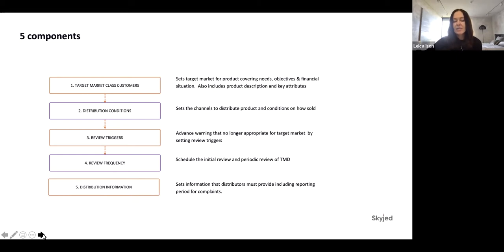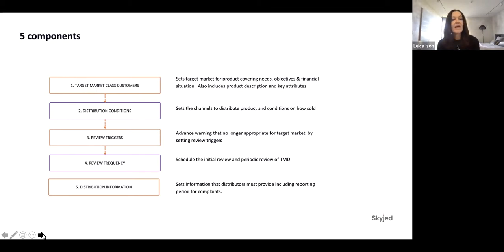And in this area, again, it's just adding in some key areas of being clear about those distribution conditions and restrictions. And again, we'll take a look at some great examples of those shortly. The third area is around review triggers. The review triggers, again, we'll look at some examples, but for me, the review triggers are about giving you advanced warning or early warning that you've got some challenges in your product strategy. So again, a core product management activity, and we'll look at how you set your review triggers for DDO.